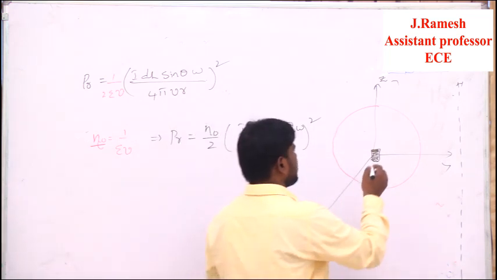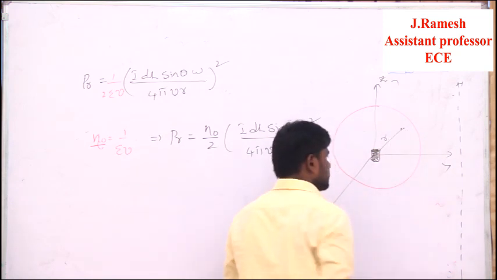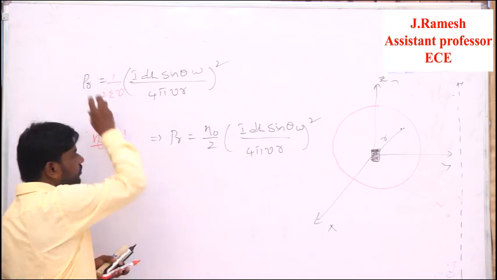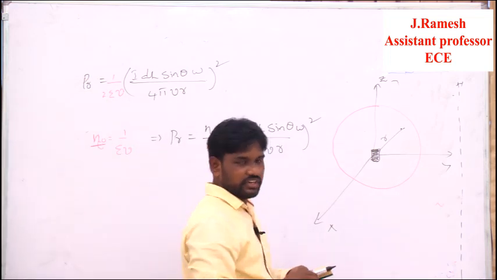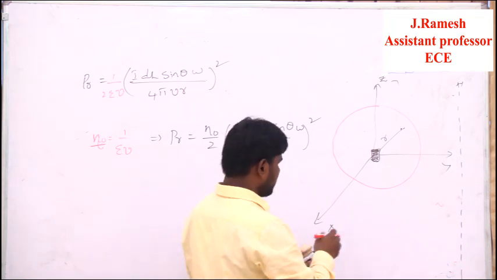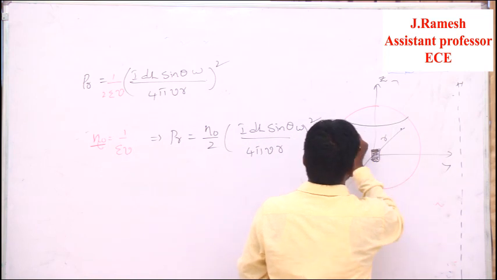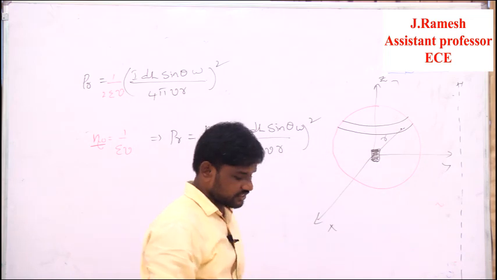I am going to calculate, suppose the distance from here is r. Now I know what the power per unit area is. That means in terms of ds, a small area only, it is going to give. But I want to calculate the entire power for this. Suppose I am taking that entire area under this one.